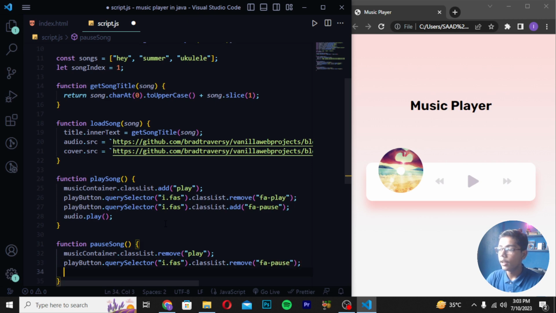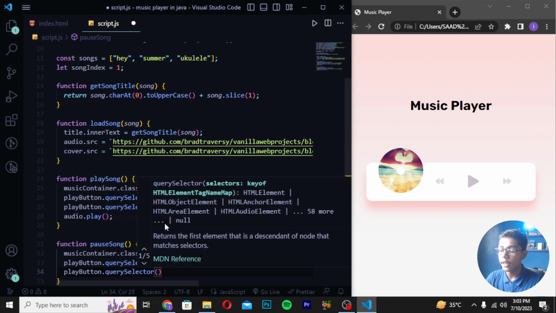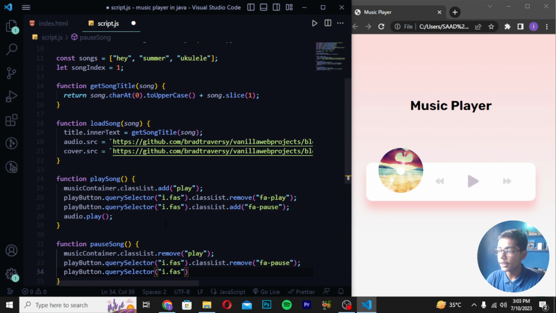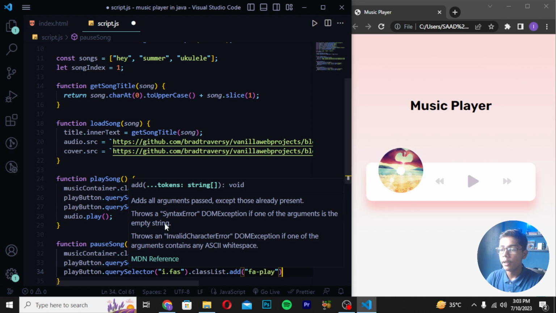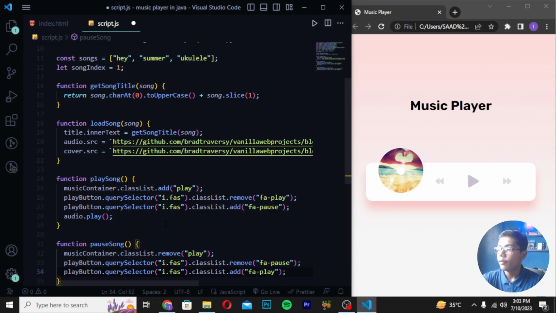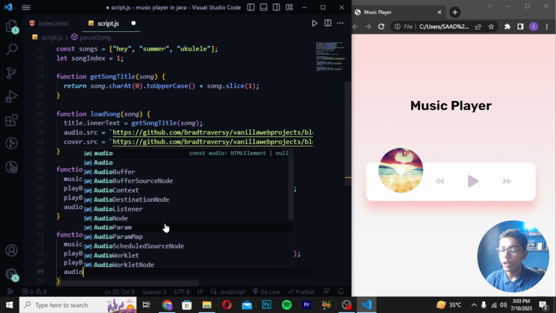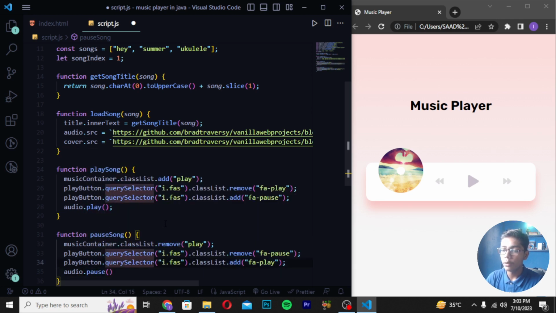Then you have to close it and write here playBtn. Then you have to write here dot querySelector. And then you have to now directly make this tag, and here I will be writing i.fas. Write here dot classList like this, and write here dot add. Then you write here fa-play. Then you have to close it again. After closing this tag, you have to now write here audio dot pause, and then you have to now close